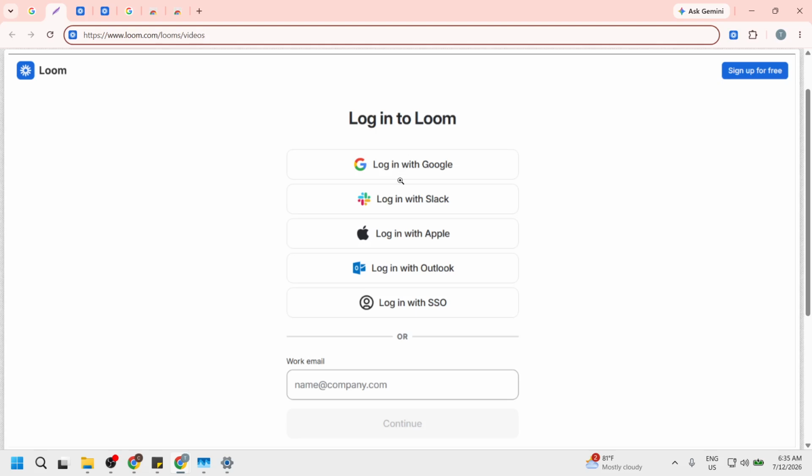Now you will need to log into your Loom account. If you do not have an account, you will need to create one. This step is crucial because only logged-in users can access their microphone settings. You will see fields asking for your email and password. Once you enter your credentials and hit the login button, you will gain access to your Loom dashboard. This step is fundamental as it allows you to configure settings specific to your account.